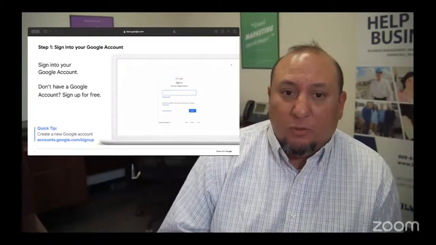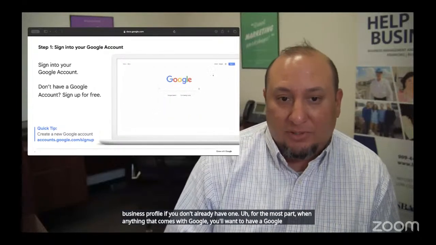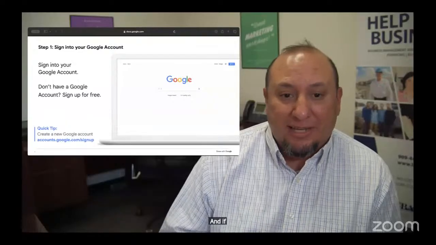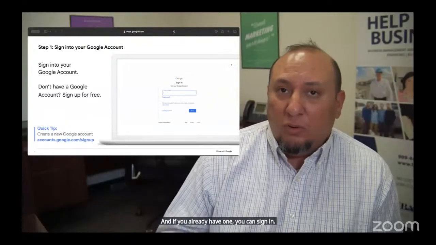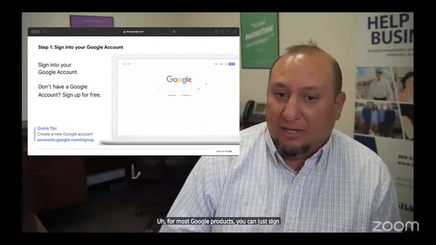For the most part, with anything that comes with Google, you'll want to have a Google account. And if you already have one, you can sign in. For most Google products, you can just sign into an account if you already have a Gmail.